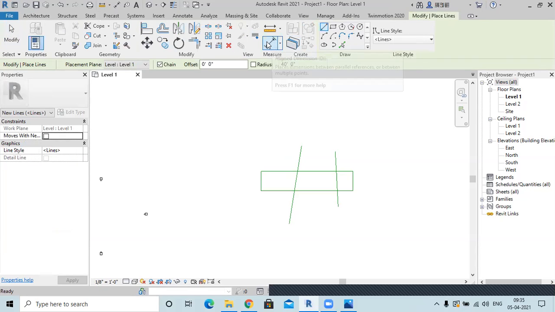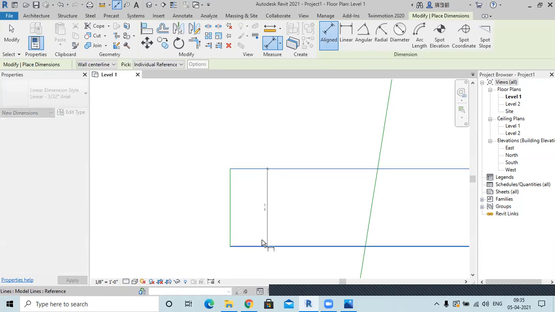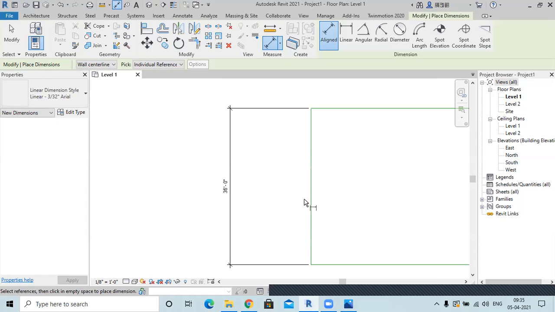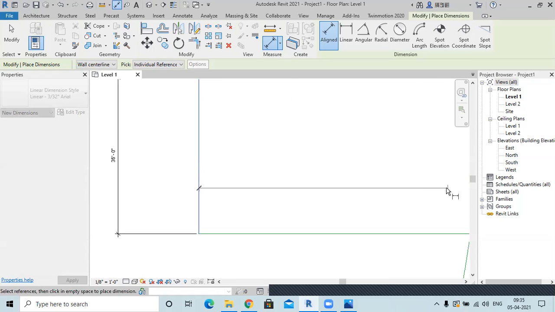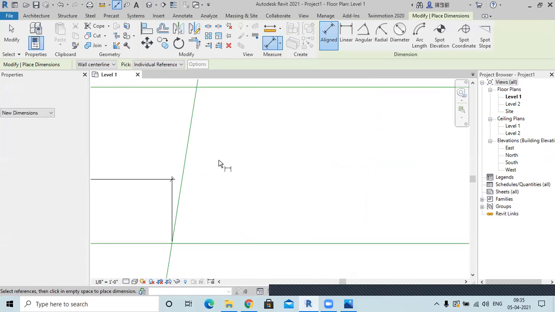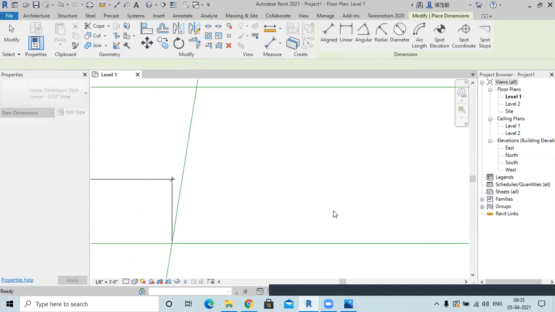So how I can do is select this option, like you have used to do in AutoCAD. Okay, maybe this point I want to know at 62. From this point, now I have selected the line, so it will give a perpendicular one because this is a perpendicular dimension set.